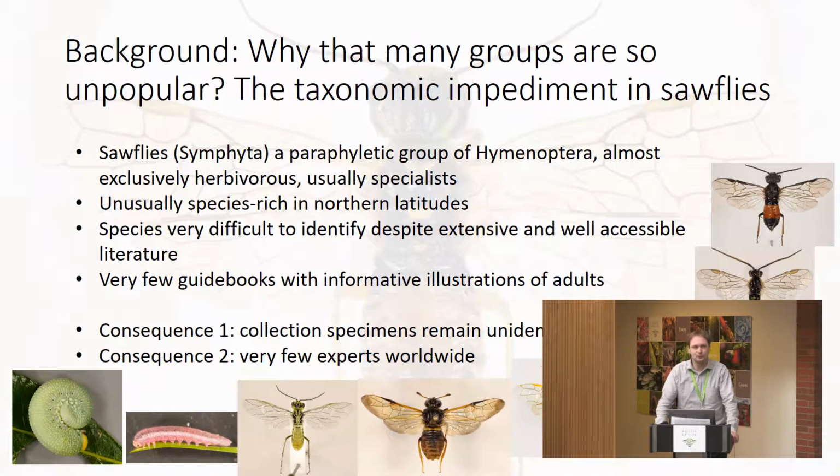That is also my experience: keys are such complex things that I could never get names based on them. The main problem with keys is that they are dichotomous, and if you make a single mistake in a long key, you will never reach the correct species. So I don't find keys very useful many times, unfortunately. The outcome of all that is that collection specimens easily remain unidentified, and there are also very few experts